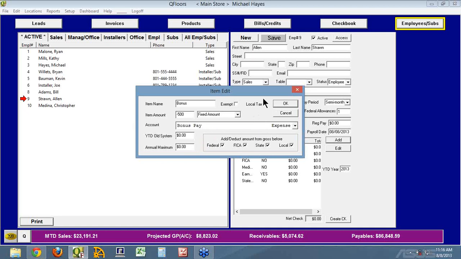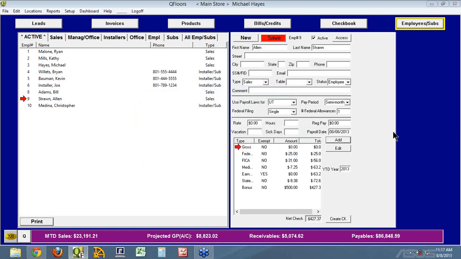And we'll click OK. This item is not a local tax, so I'm not going to check it. If this were some sort of local tax that I needed to add in, click the box. The exempt box on any item just says don't add this or deduct this from the pay this time. You can leave it exempt forever or uncheck it as you need it, exempt it as you don't need it, week by week, paycheck by paycheck. And there we've added an